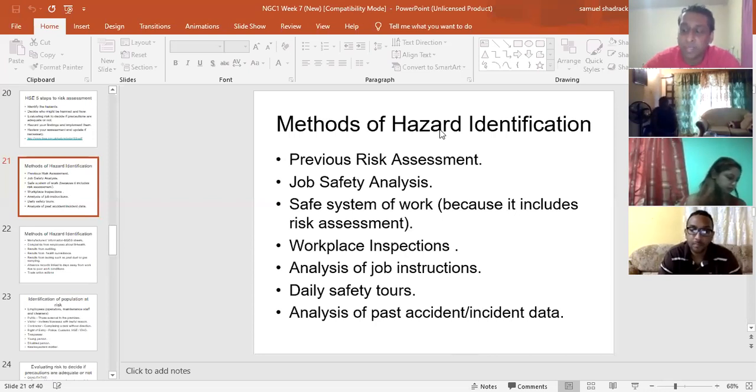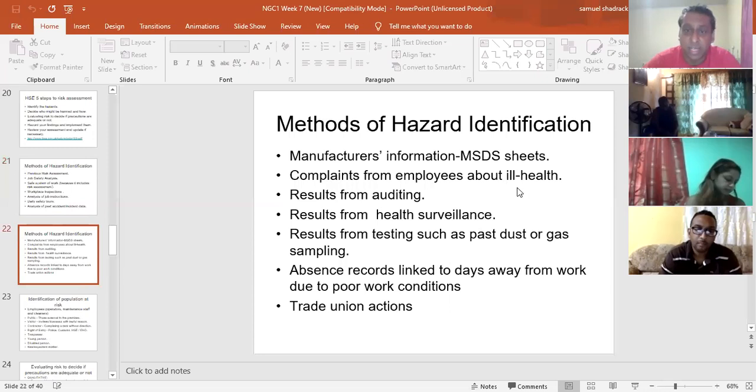If you remember the sample NEBOSH risk assessment, it would have said, I then looked at the accident and incident book. See if you understand what I'm getting at here. So why was the person looking at the accident and incident book? They were looking at it to get an idea of what caused injuries to the person, and what caused the injuries would have been the hazards, right? So I said, there's no need to read all of this, because what this slide is trying to tell you is that there are many ways of identifying hazards. One of the ways is that you can physically take part in an inspection and observe for yourself. You can look at accident data, you can look at past risk assessments, JSAs, etc. Right? So